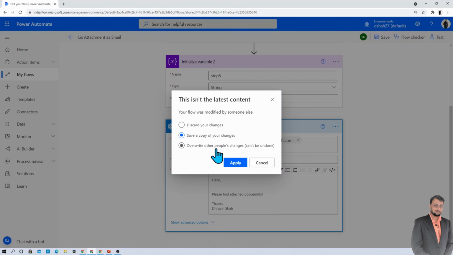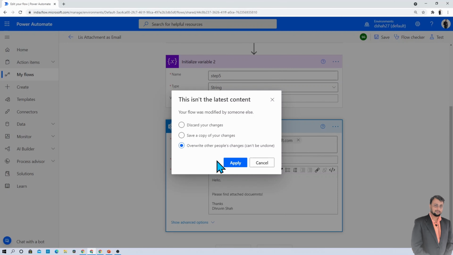So you can do that thing. And last thing is override other people's changes. If I select this option, flow will save my changes and Shriraj's changes will be discarded. If you feel that your colleagues' changes are not more important, you can go with this option and click on apply. Right? So these are three different options. Hope you are good with me so far.